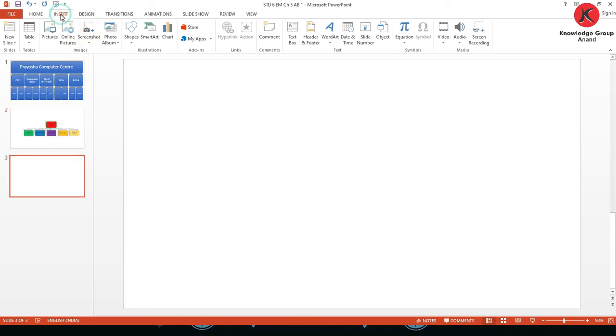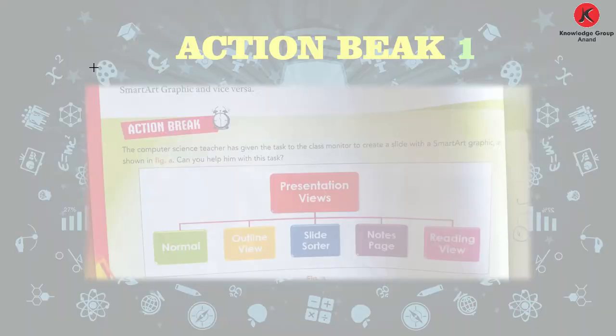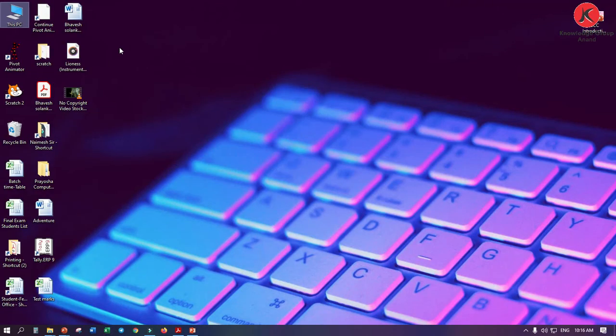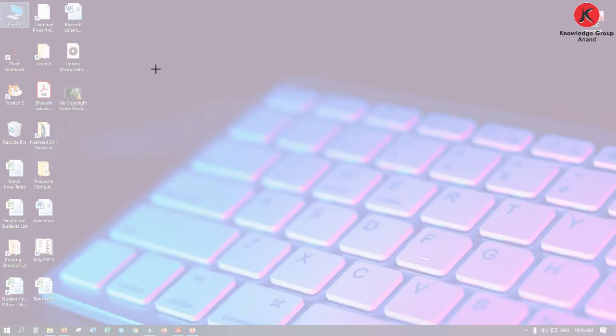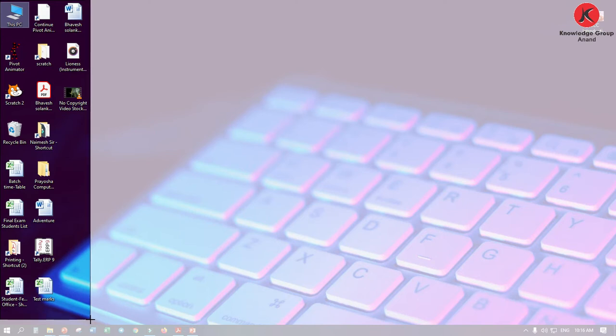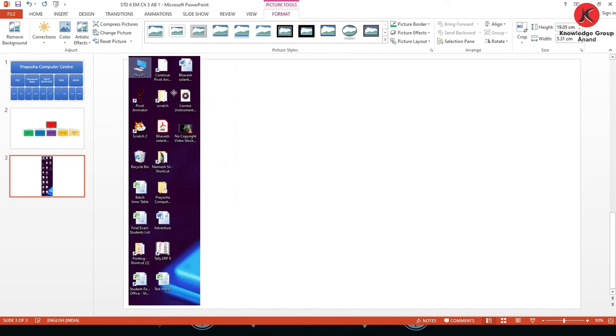Now click on insert and we have a screenshot option. Click here, and click on screen clipping. We want to add a screen of the desktop. So select screen clipping, and wait for a few seconds, then your desktop will be like this. Now select the part which you are going to insert in this slide. We are going to add this one, select that and release the mouse button. Now you can see we have added the first part.